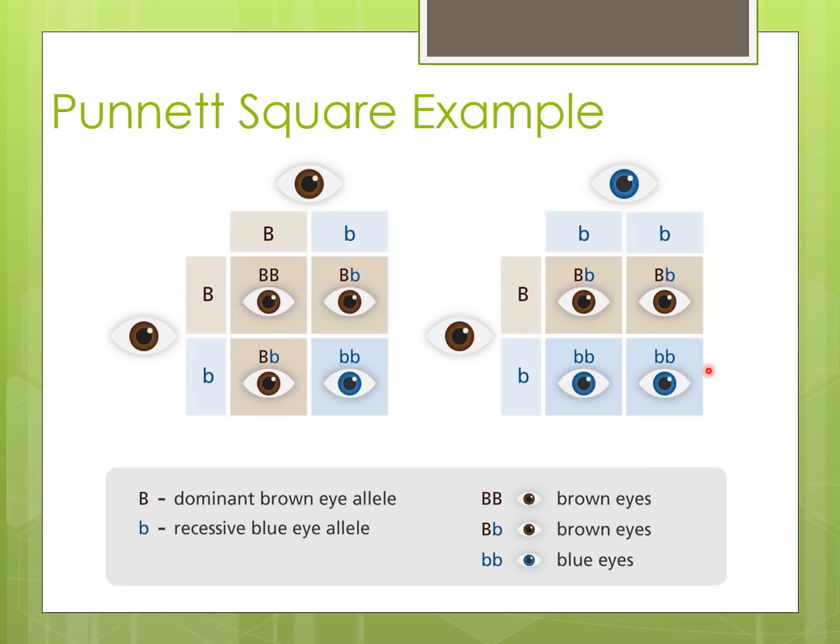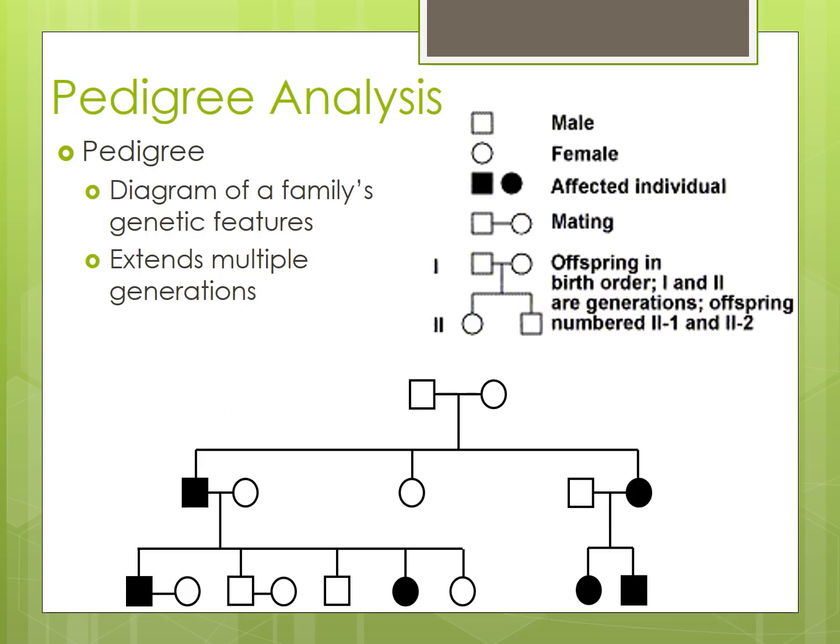So this is just a walkthrough of how you set up Punnett squares and how you go through them. And I really should emphasize how the dominant allele does mask what you're observing in the recessive allele and leads to these representative populations where the recessive allele is much less represented in the overall population. So Punnett squares are a good way to label out and observe the chances of populations giving rise to different